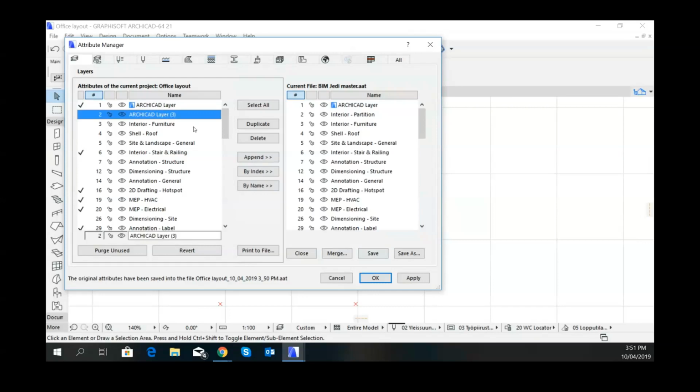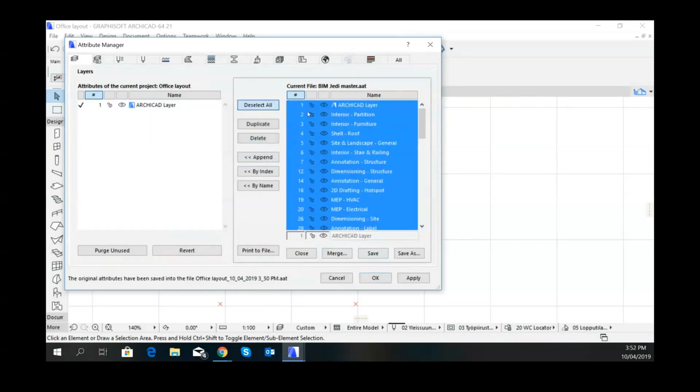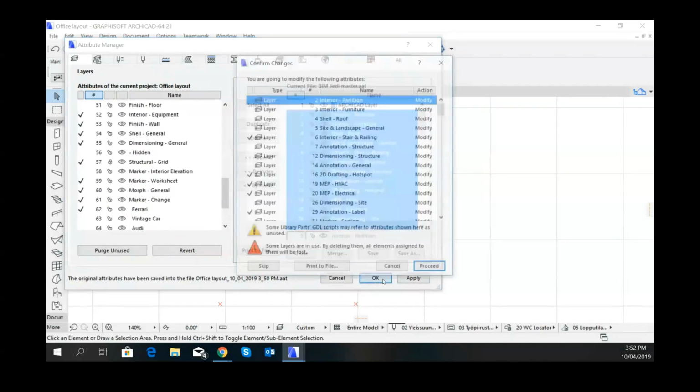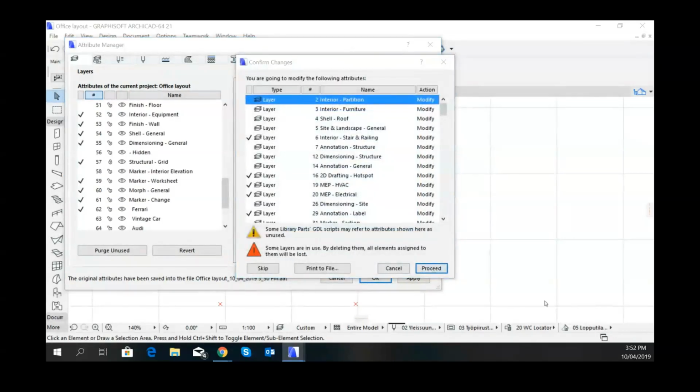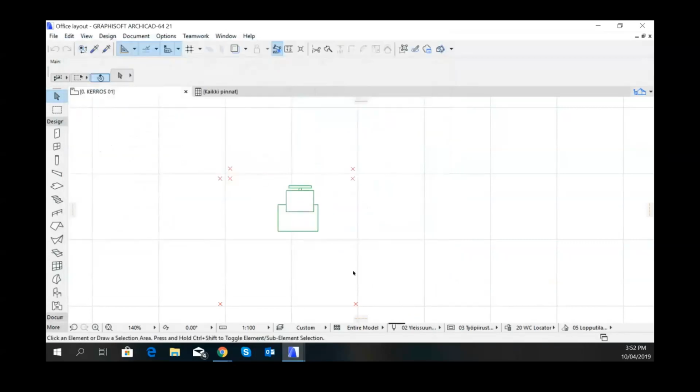Oh, no, it didn't work. Select all, delete. So leave out that ArchiCAD layer. So that's pushed all those layers now across. So this file matches our other file layer-wise. And so you can do that with all your materials as well. And it's good practice to do with materials especially, and